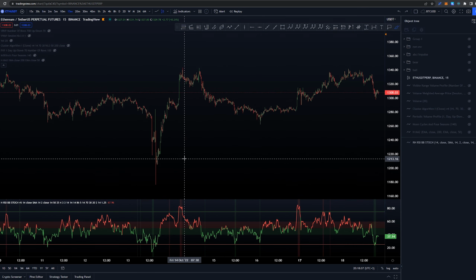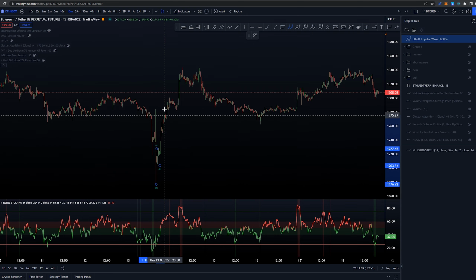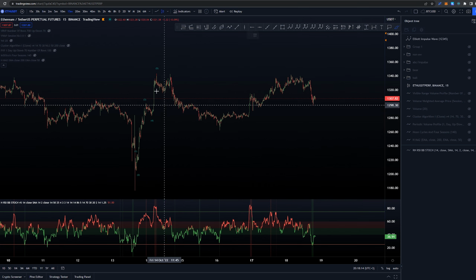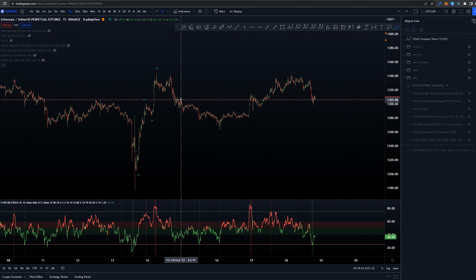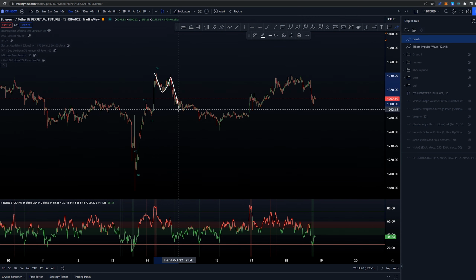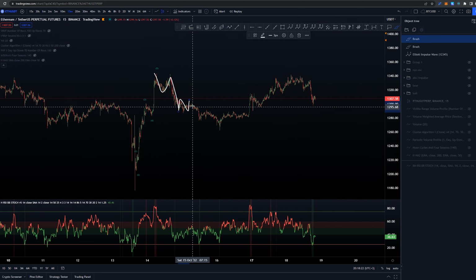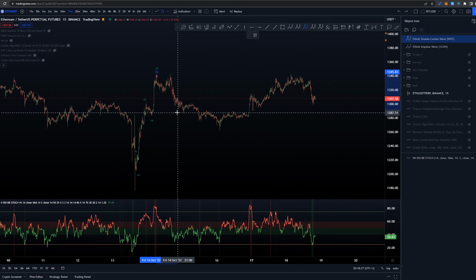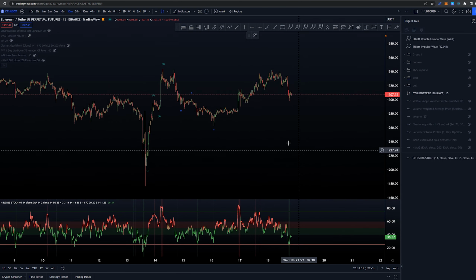because we don't have divergence at these ends. So what we would be looking for is a 1, 2, 3, 4, and 5 in here, and then some kind of three-way structure in here. Again, not very clear at all. I do think that we might have something like that, a connector wave, and another three-way structure. So I would be liking to just label this as a WXY for now,